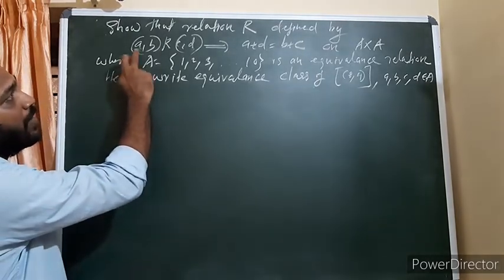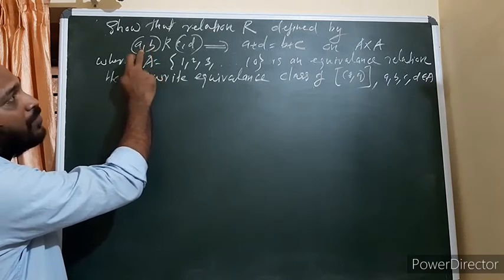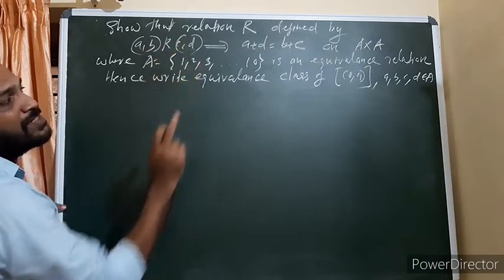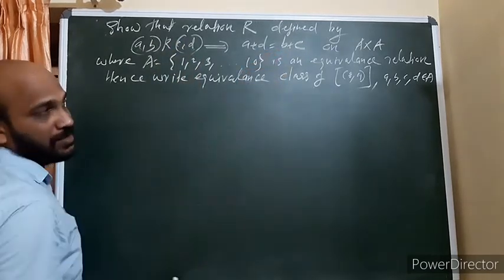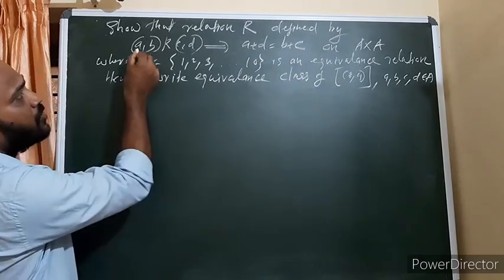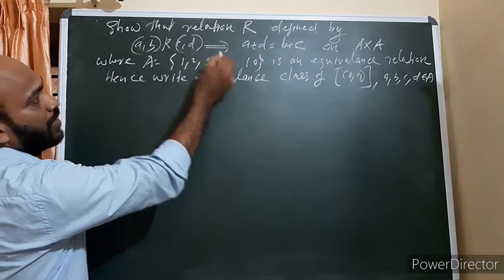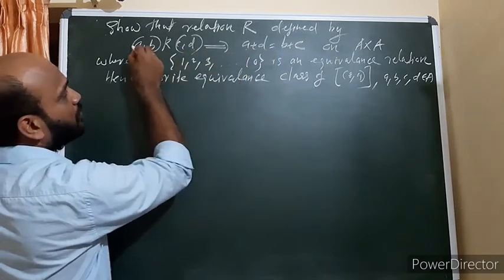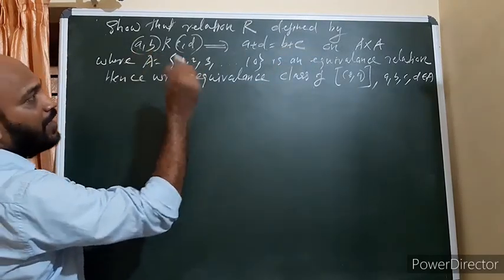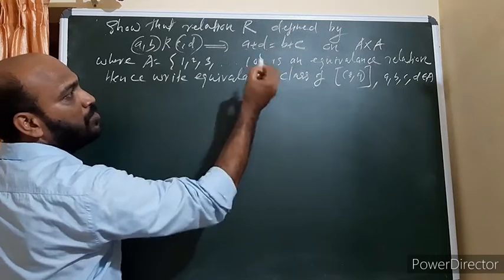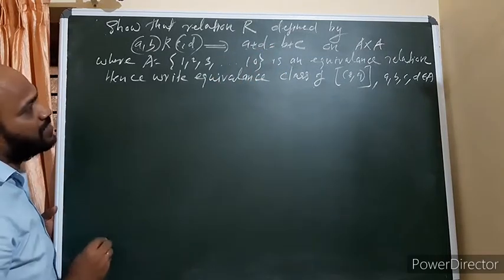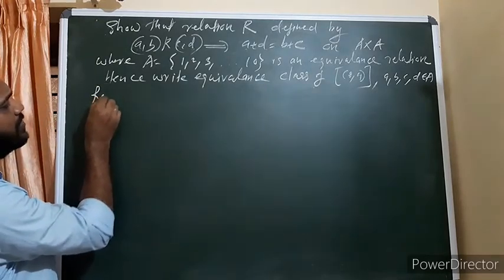So first element of A cross A is (A, B). This is one element of A cross A. And second one is (C, D). So first element is related to second element if it satisfies this condition. It means A plus D equal to B plus C. So this one you can study as a formula. Take this one as first, second, third, fourth. So result will be first plus fourth equal to second plus third. (A, B) R (C, D) if first plus fourth equal to second plus third. So if you are using that method, you can find answers very easily. So first one is reflexive.